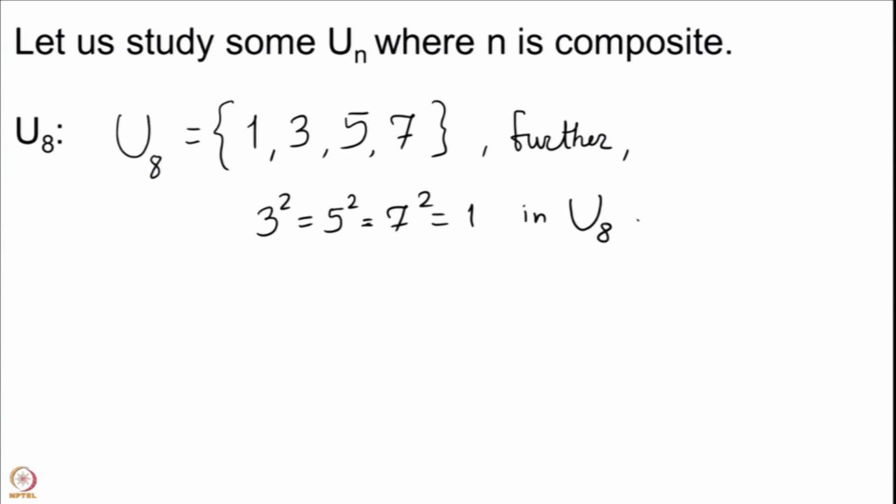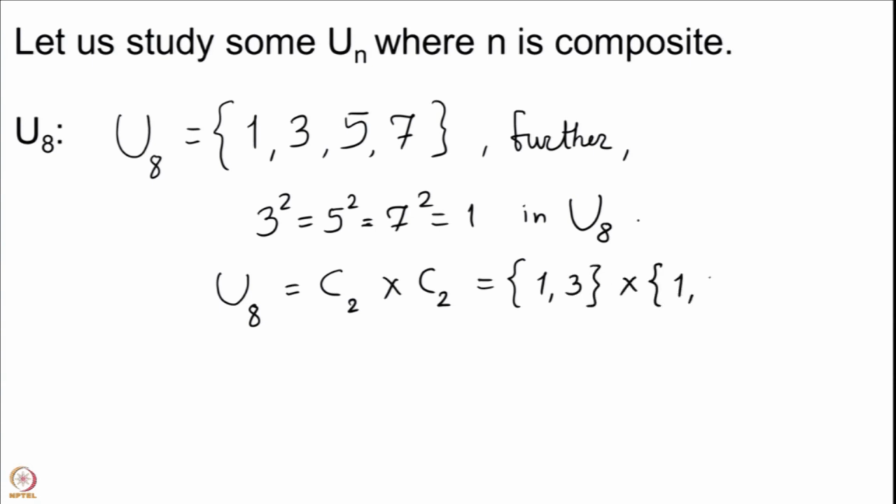Thus, although you have a group of order 4, all 3 non-trivial elements are of order 2, and so U8 is C2 cross C2. You actually have one C2 which is 1 comma 3, this is the subgroup, and another